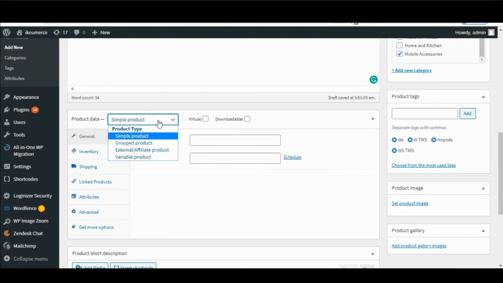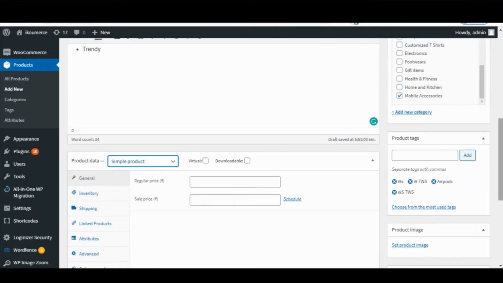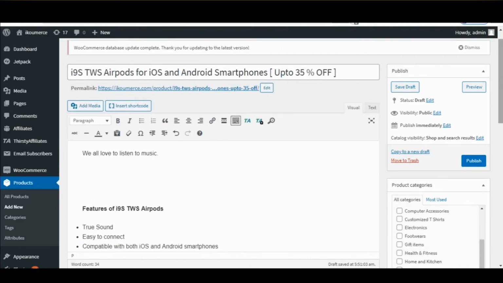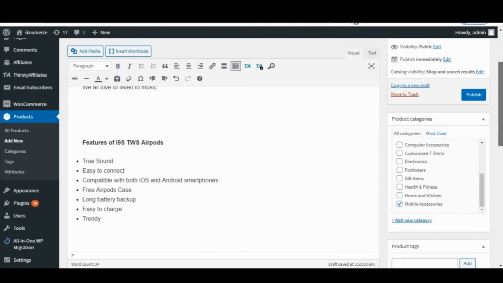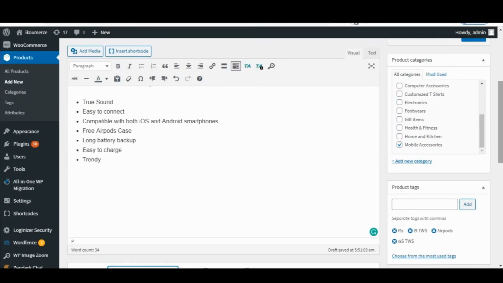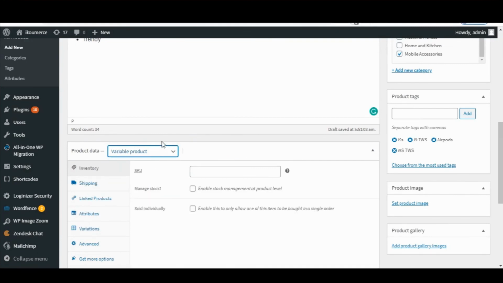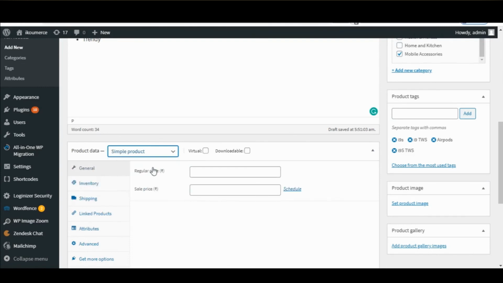For example, if you have a product that is not having any variation in size and color, let it be simple product only. And for example, if you are adding t-shirts of the same brand, and they are having different sizes like M, L, XL, double XL, and different colors, you can add a variation of them. To add variation, you will have to go to the variable product area. That is a different procedure. So first of all, we will talk about the simple product.